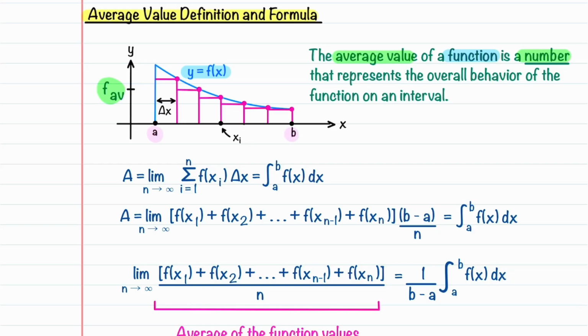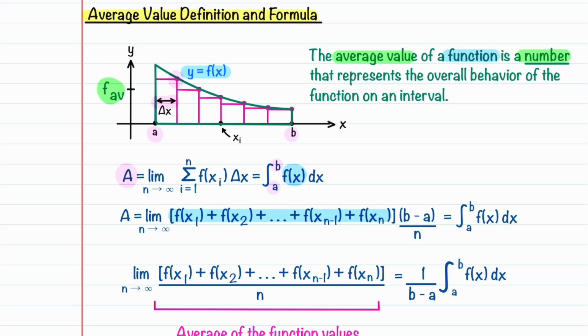To find what this number is, we're going to look at the area under the curve y is equal to f of x, which is this area right here. This area is the sum of an infinite number of rectangles under our curve that have a height of f of x sub i and a width of delta x. The sum of all these rectangles is equal to the integral from a to b of our function f of x dx. To find the average value, it's easiest if we write out all the terms in our sum like this,